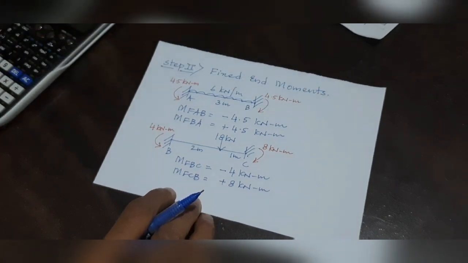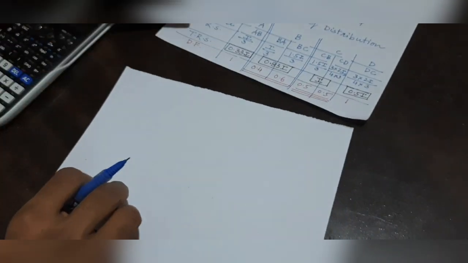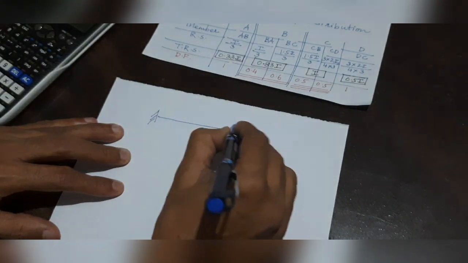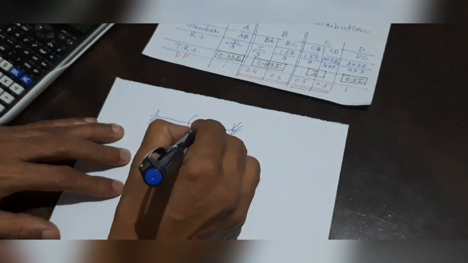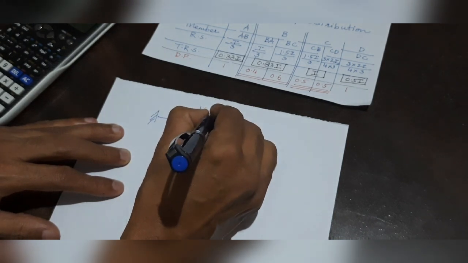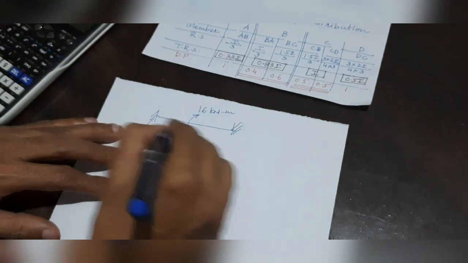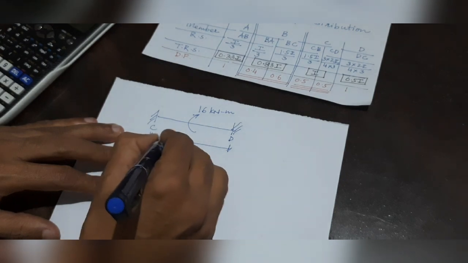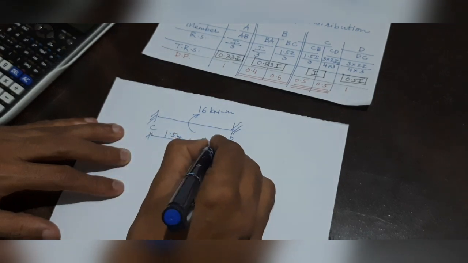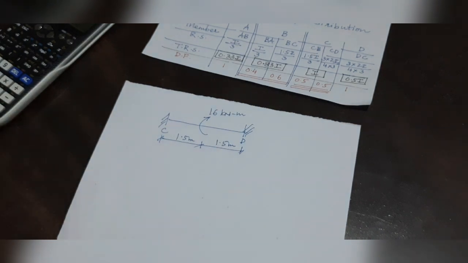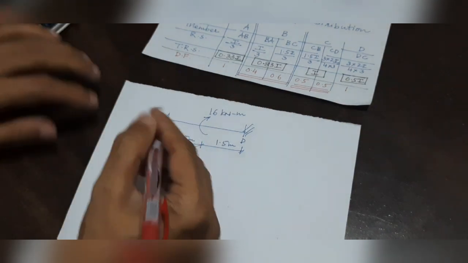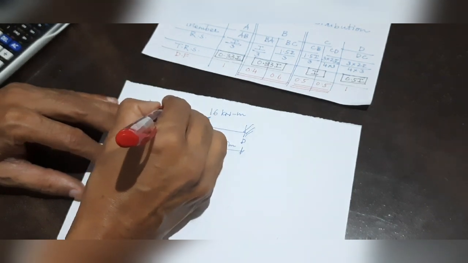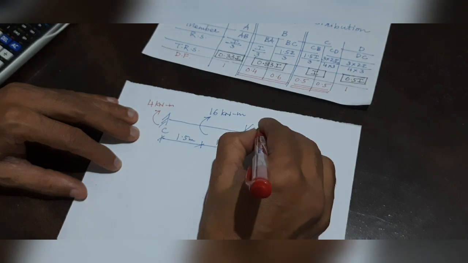Now the last fixed end moment, that is the fixed end moment in the portion CD. Now I am drawing CD, fixing C and D. This is the load acting, 16 kilonewton meter. It is acting at the center of CD. I know this is 1.5 meters and 1.5 meters. So I know the formula for moment. If the moment is acting at the center, both the fixed end moments will be M by 4. So it is M by 4, that is 16 by 4. That comes out to be 4 kilonewton meter, and both are acting clockwise.